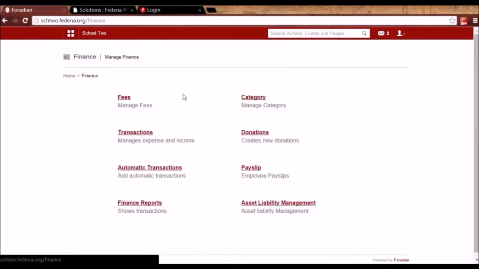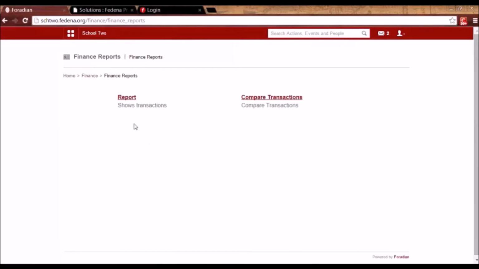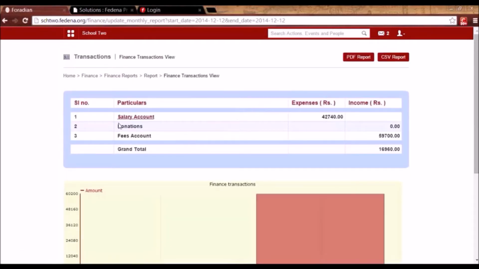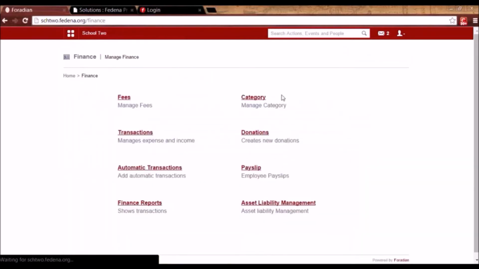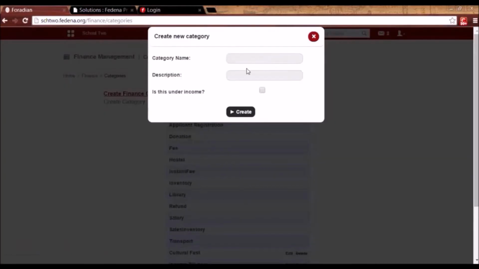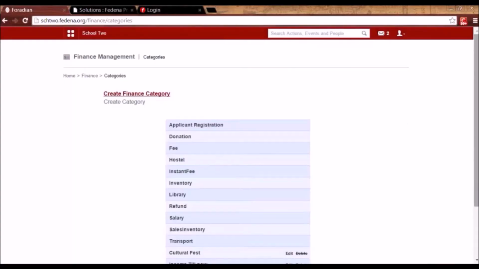So now let's go to finance reports once again. And here I told you that these are the categories that are already tracked in Fedena. In case you want your own category as an income or an expense to be shown, to be tracked here, you have to go to finance and you have to go to category and you have to create that category here. So let's say you want a category, you want to